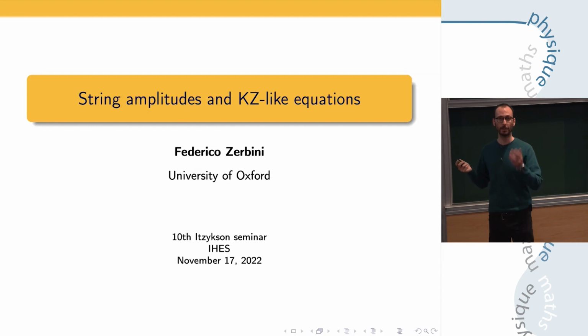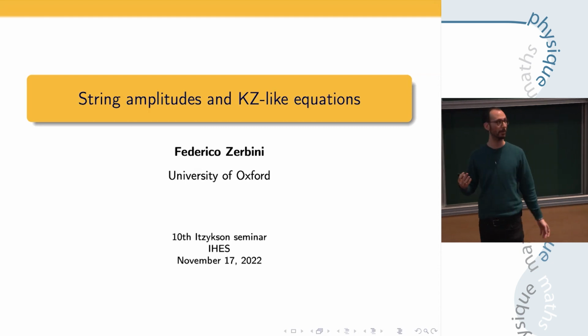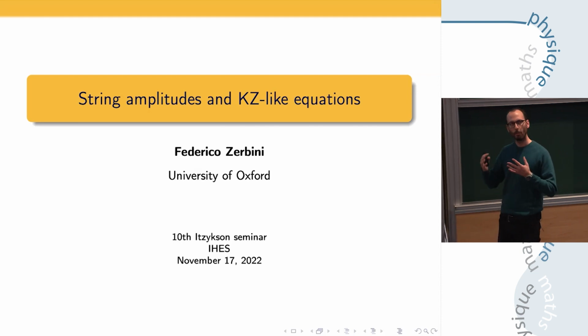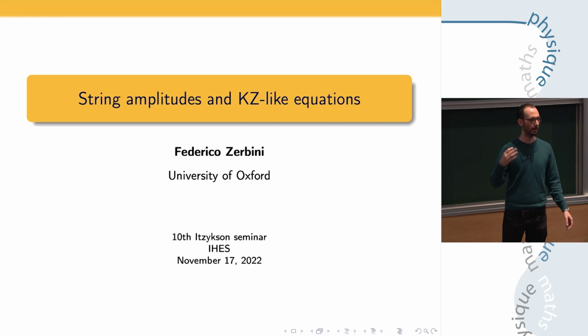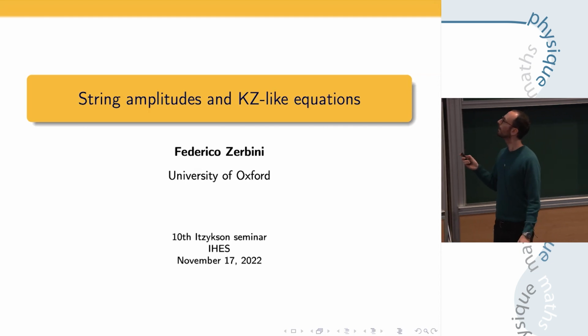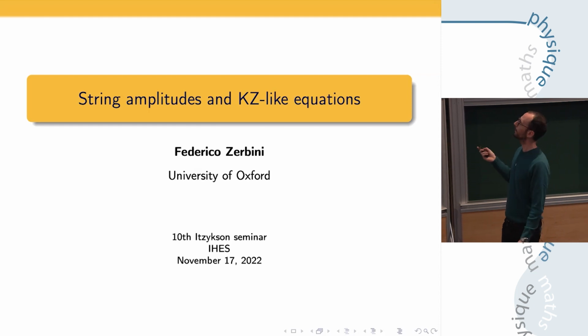So Pierre this morning did a very nice introduction to string amplitudes, mostly talking about genus zero, term of the perturbative expansion of the amplitude. I will also mostly focus on genus zero, but I will say something also about genus one and higher genus. But of course, I won't be able to go into many details. So the idea,